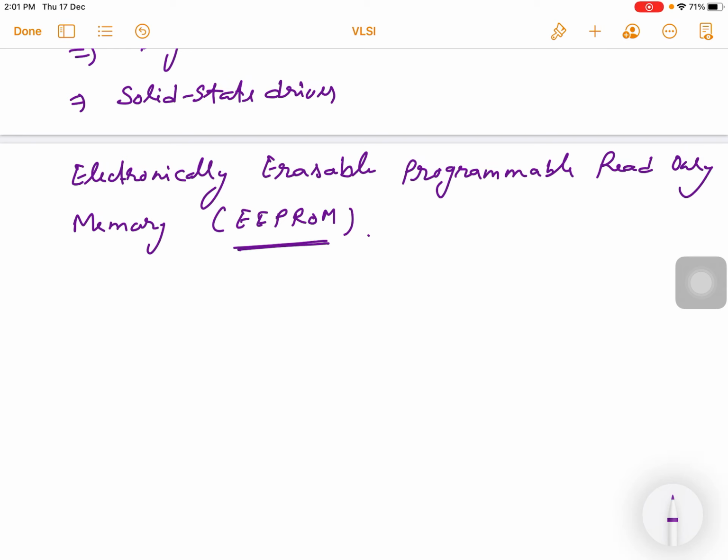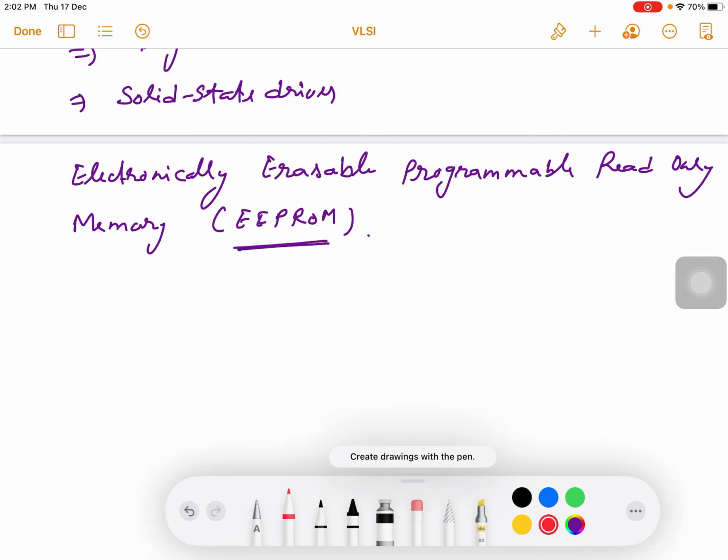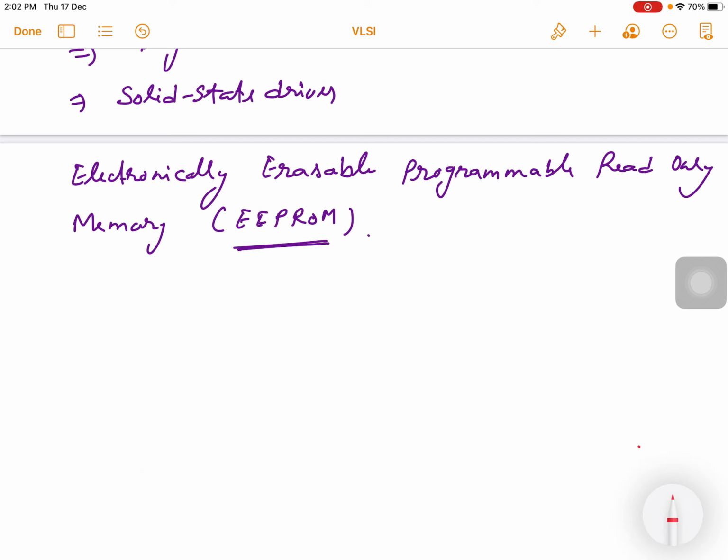So, EEPROM basically is a type of data memory device using an electronic device to erase or write the digital data. So, we can erase or write the digital data electronically. If I talk about how this data is going to erase or write, for this I am going to show the fabrication level.